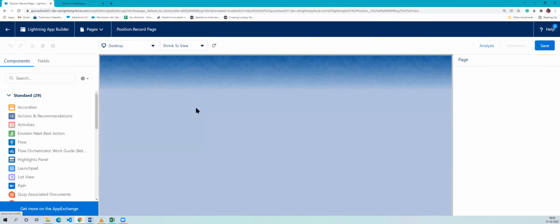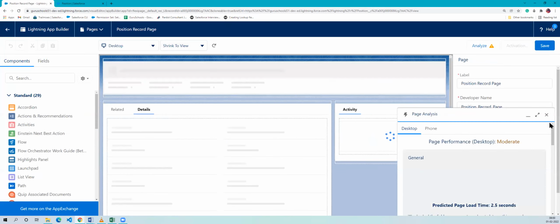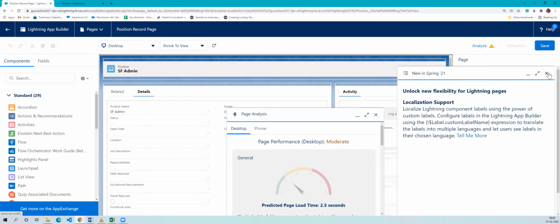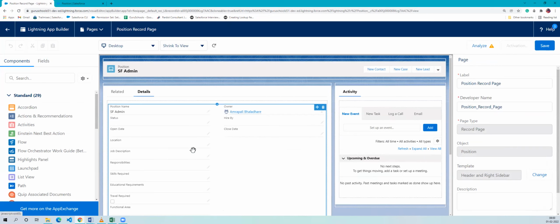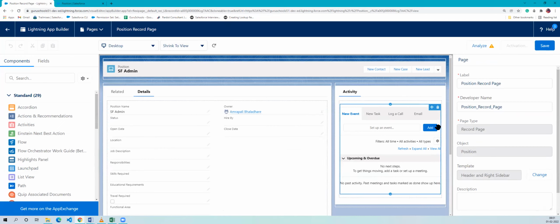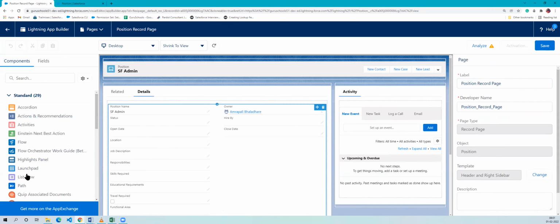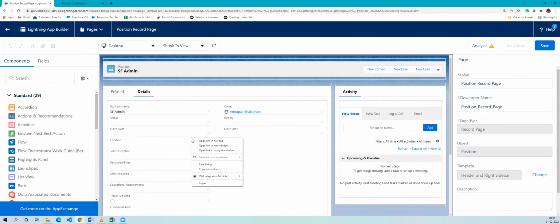So as you can see, now I can see the default record page. As you can see here, the label shows as position record page and developer name is also the same. So this particular page is called App Builder in Salesforce. Okay, and